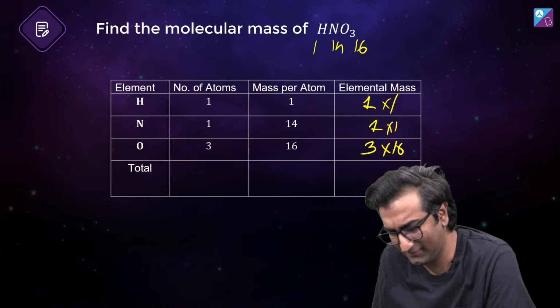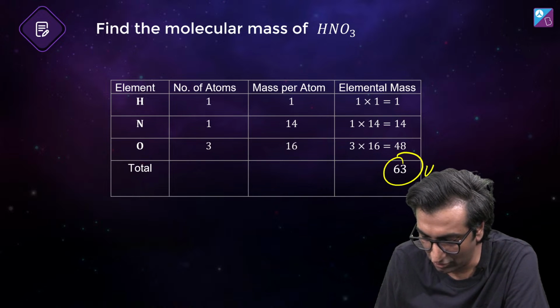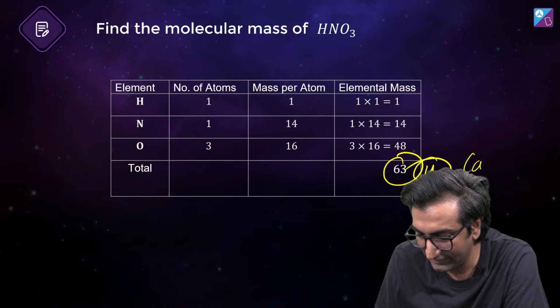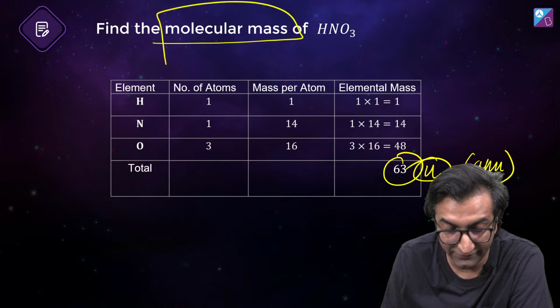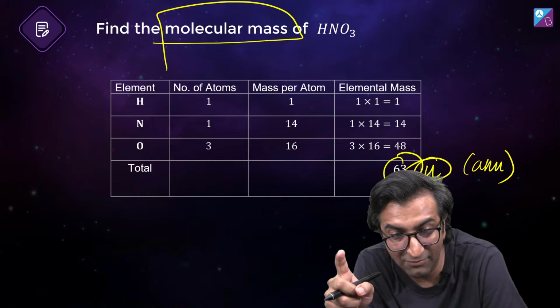It's like really basic, isn't it? That's it, 63. So you can call it 63 U. At this point, we're going to call it AMU. Okay. Molecular mass. By the way, the reason why we don't have to say gram per mole, Sonia, is because